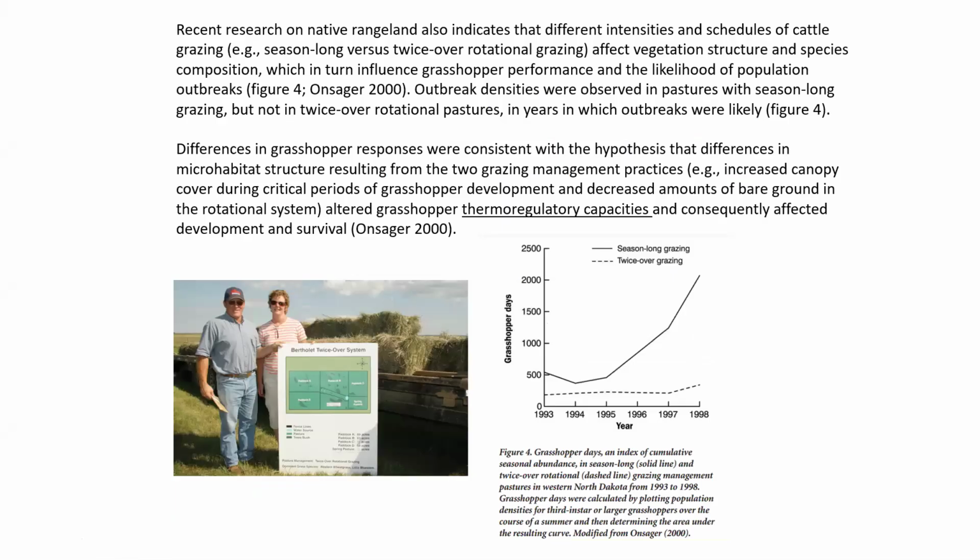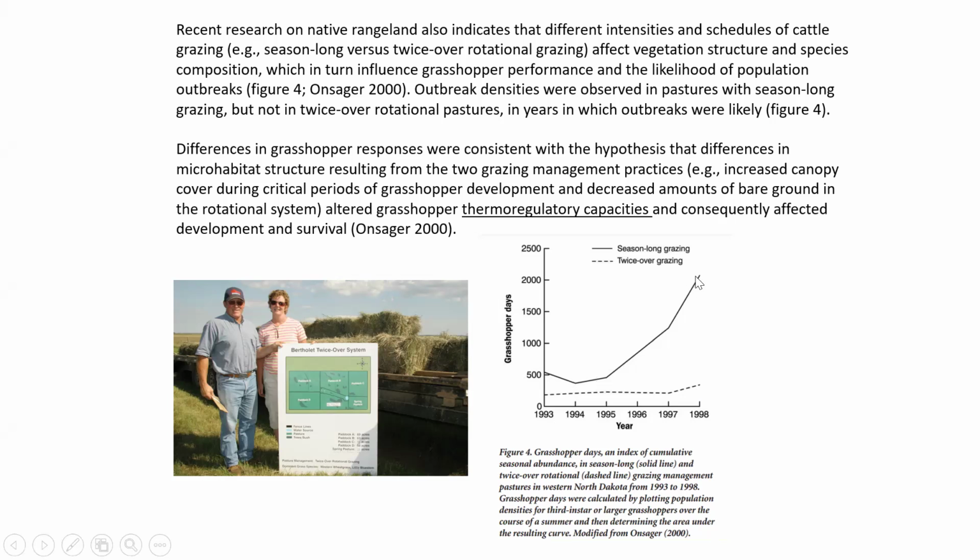Now, there are some ways of dealing with this, and this first example is actually a story out of grazing management, and in this case, a grazing system called the twice-over grazing system, which is more like how animals would have grazed naturally in the grassland area of our country. You can see it resulted in a very low level of grasshopper days, whereas the season-long grazing, where the animals were just sent out to the pasture and they can graze for 3-4 months, whatever they want,